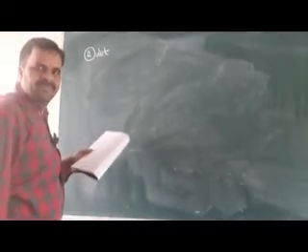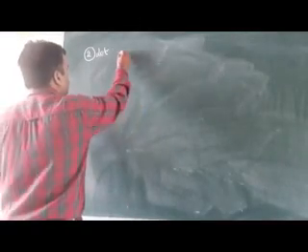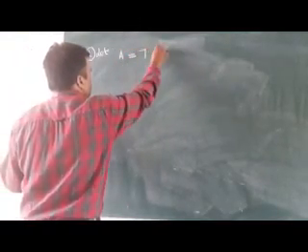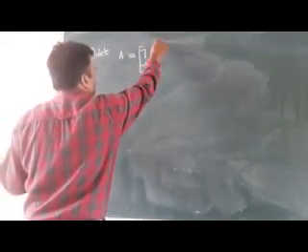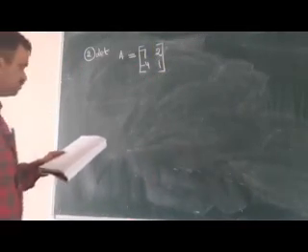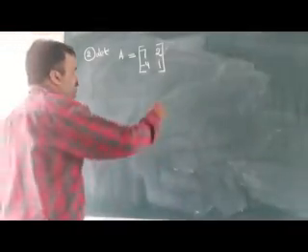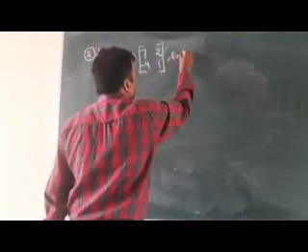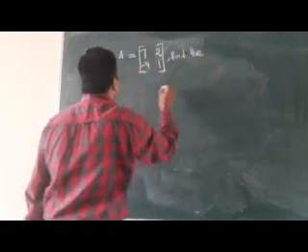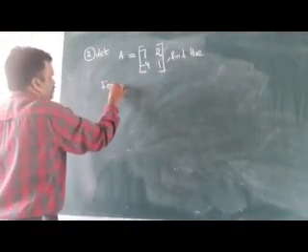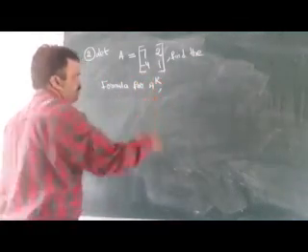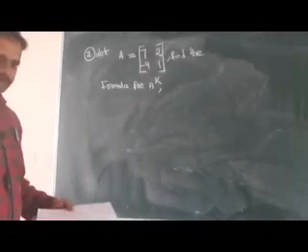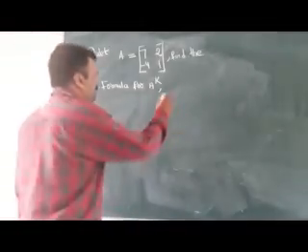Let A equal to 7 2 minus 4 1. Find the formula for A power k